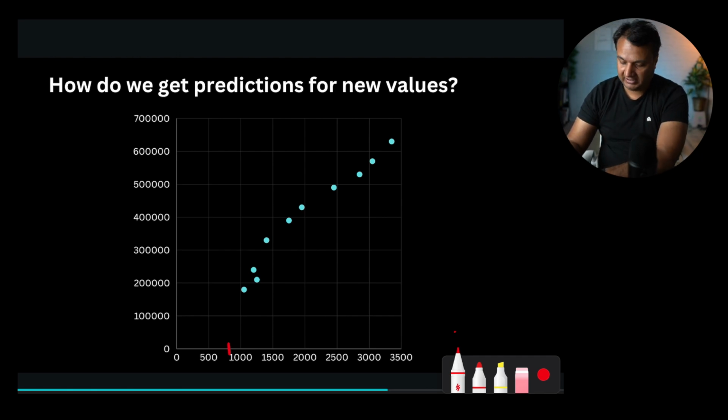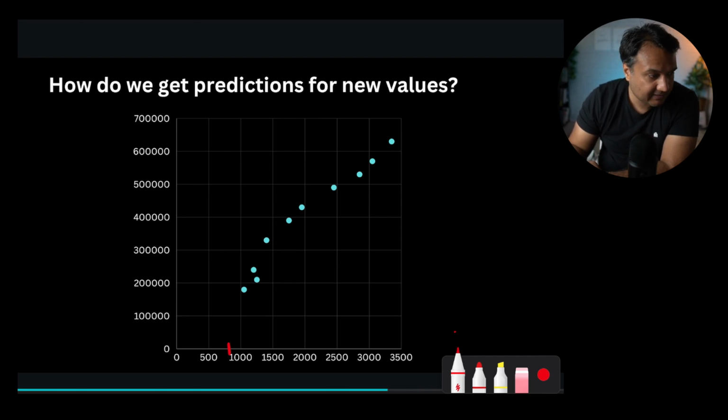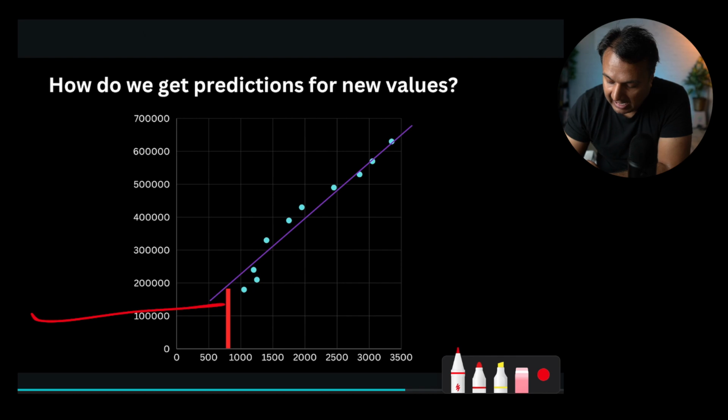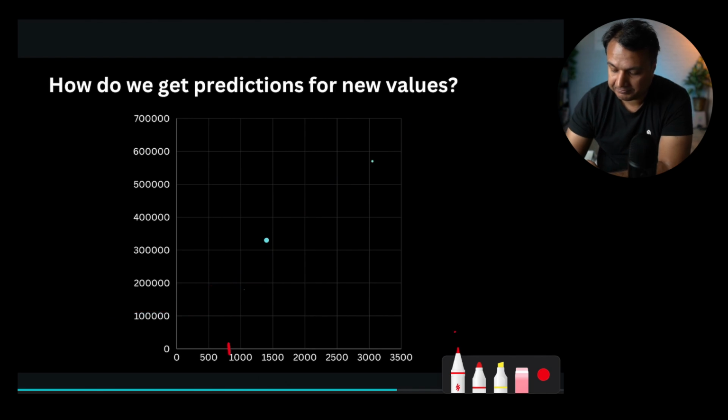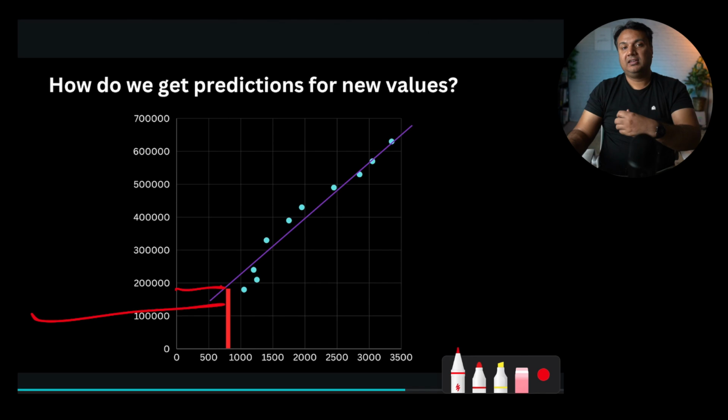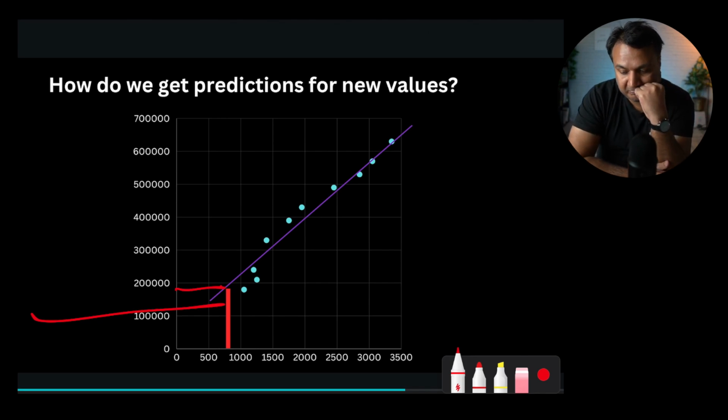Well, the solution is that we create a trend line. The moment I have a trend line here, I can take the plot at 800, line it up here, and based on this I can see that this is where the home price would be, somewhere around 180,000. So we can have predictions for new values once we have drawn the trend line.